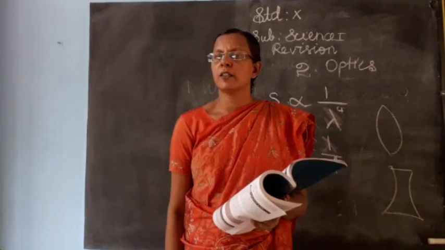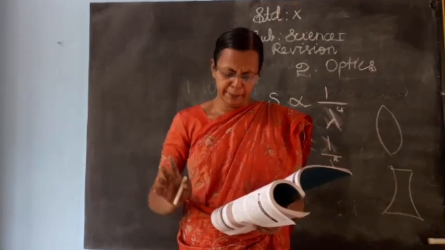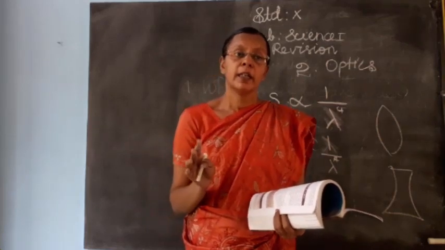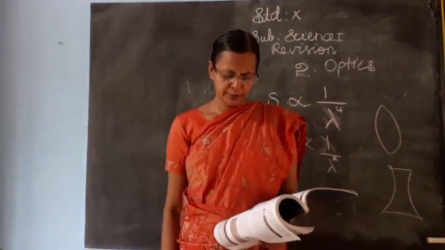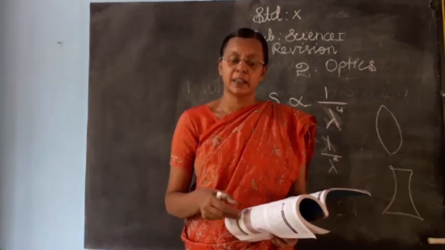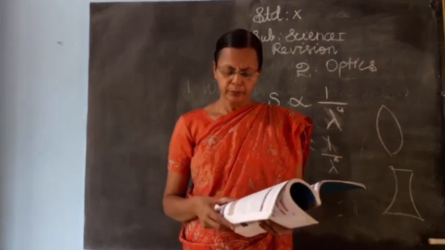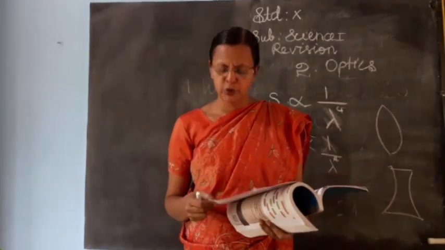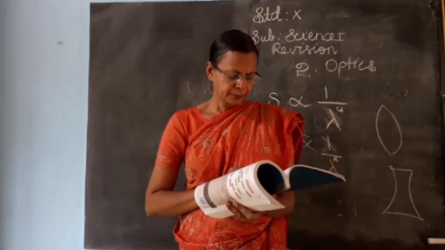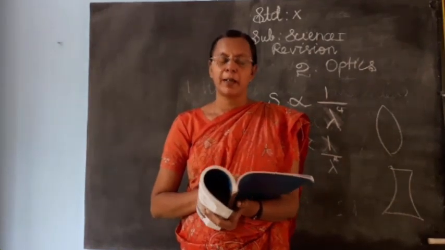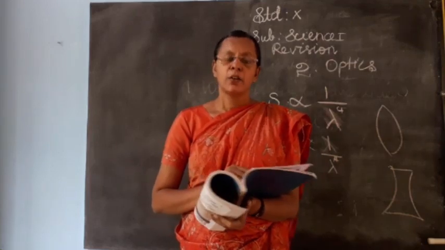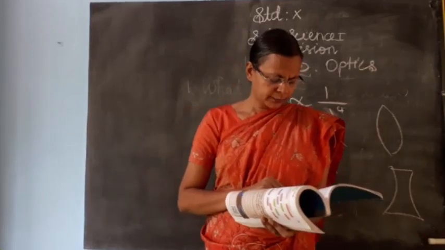Third point, convex lenses mostly produce real images, while concave lenses produce virtual images. Fourth point, convex lens is used to treat hypermetropia, and concave lens is used to treat myopia. Next. Learn well. This is also an important question. All the questions are important, but differentiation questions you can get full marks. Next, seventh question.